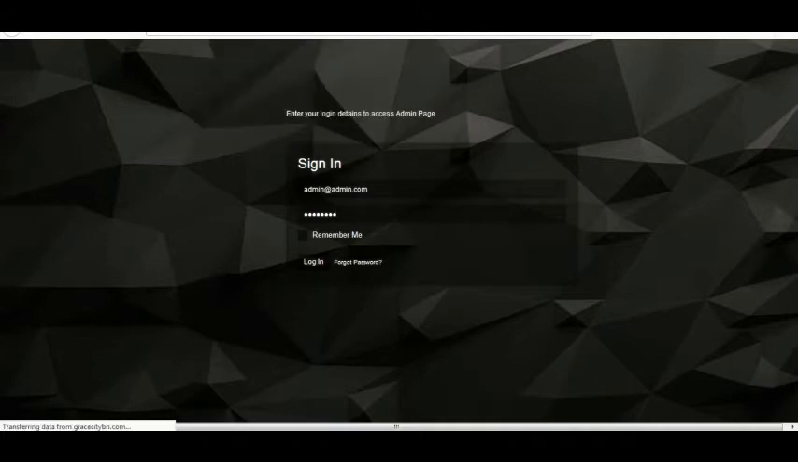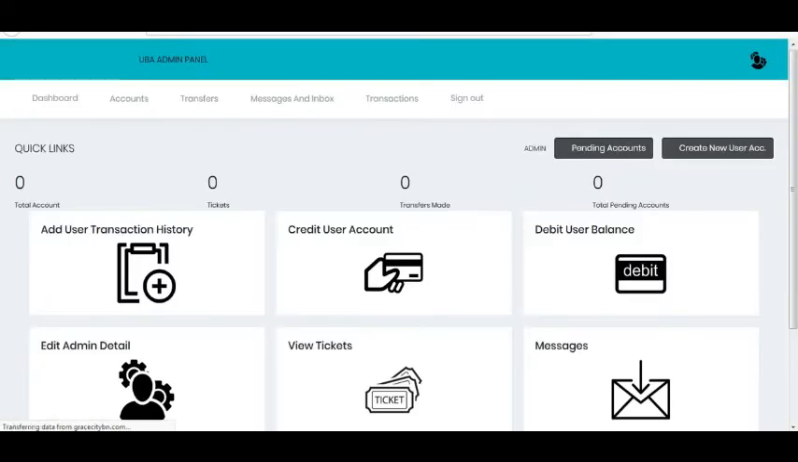It's now logging me into the super admin area. So it's coming up. So this is the admin area. So before you do anything, you have to approve that account that I just created. So for me to see that account that I just created, I'll have to click on this button here that